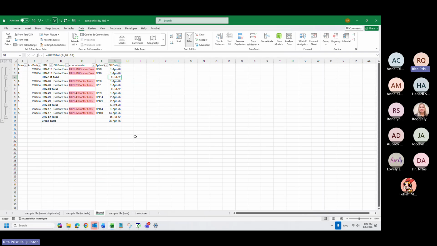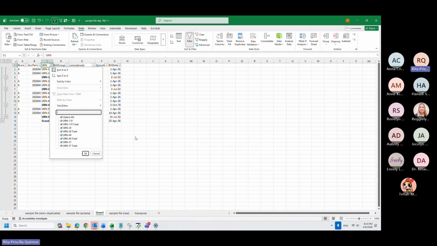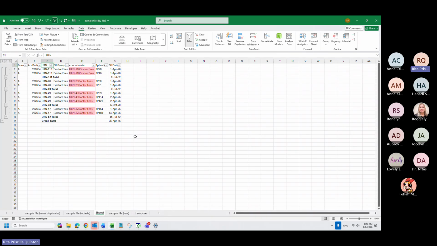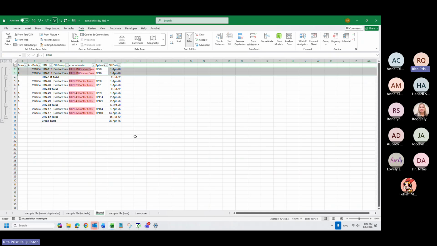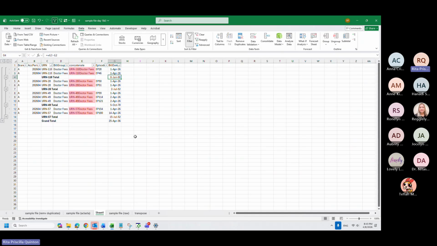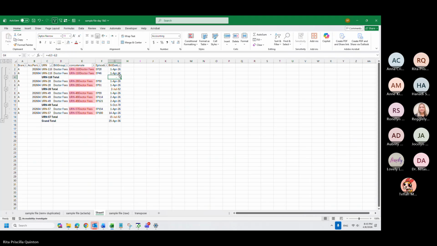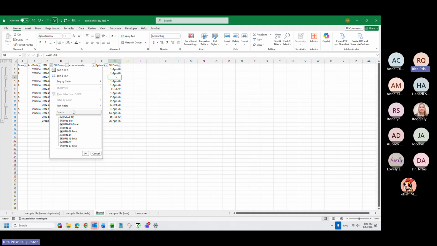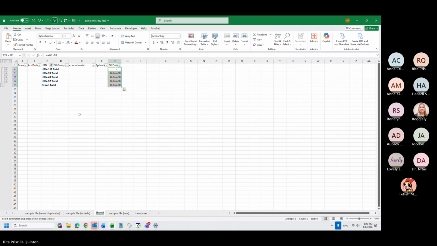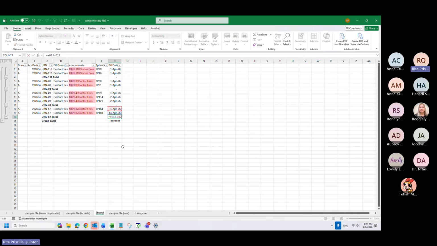Now, instead of doing this subtotal as plus, what I will do is filter for all the total. Sorry. Since I only have 2 lines each, I will do this. Okay? It's simply deducting the second doctor fee from the first doctor fee. Since I did it already here on the first total, I will filter all the total and then copy the formulas. Okay. Now this 13 already appeared.